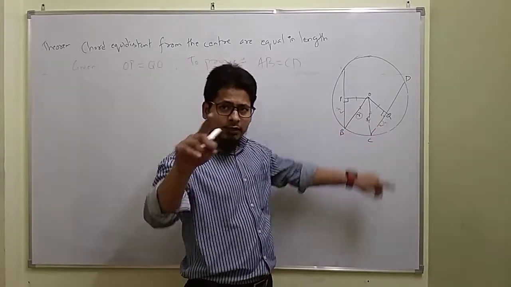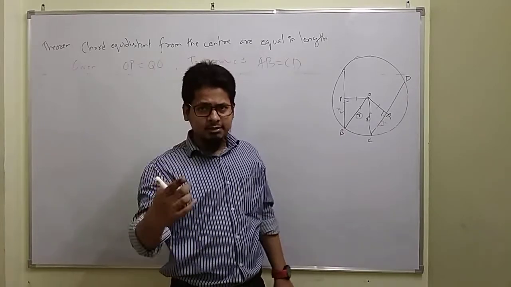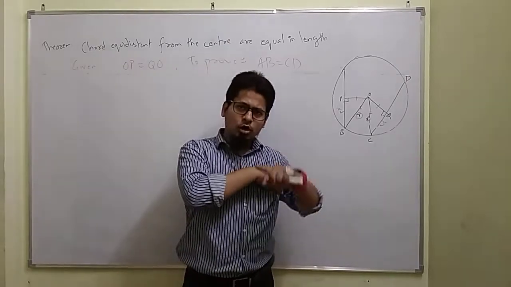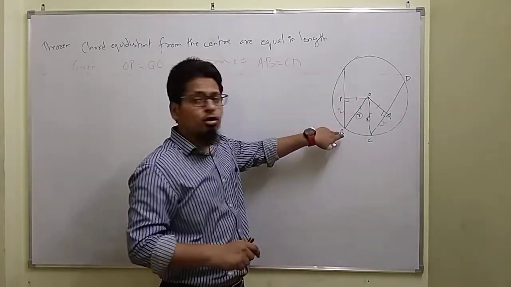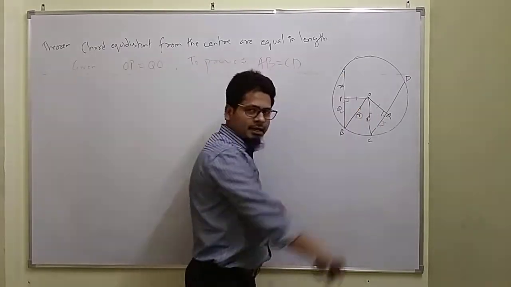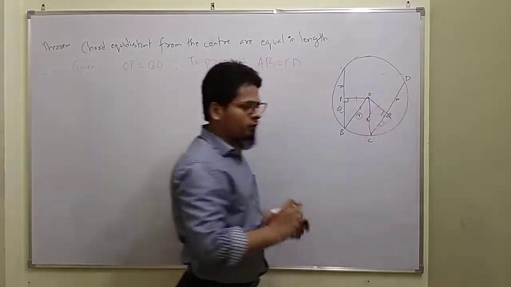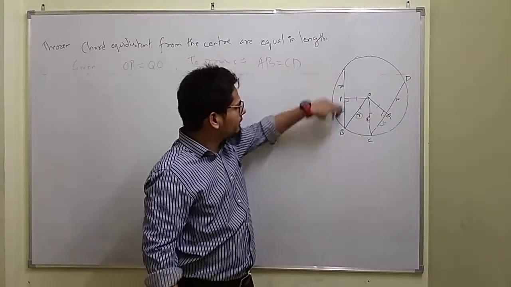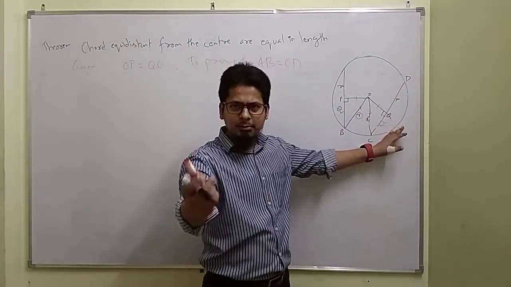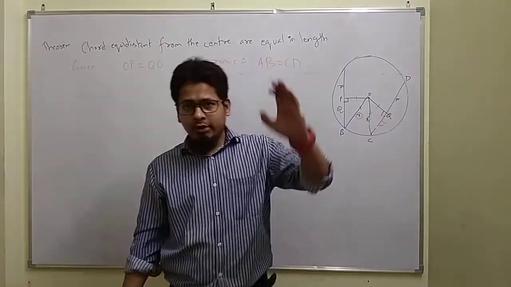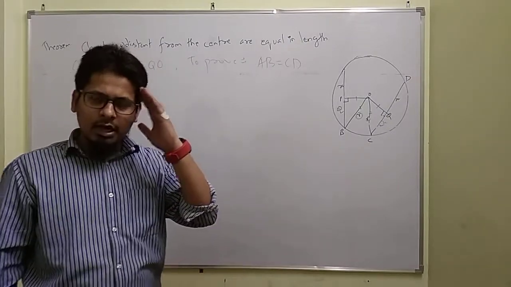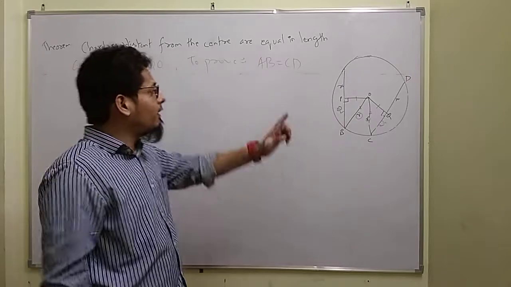And now I use one theorem here, that thing I stated: if a line is drawn from the center perpendicular to the chord, then this line bisects the chord. So it is the perpendicular. If it is x, it will also be x, and it will also be x. Now what have we observed? The length of this line is 2x and the length of this line is 2x. 2x means the lines become equal, which means the chords become equal. First I explain you the idea, I just prepared our mind. Now I start the working.